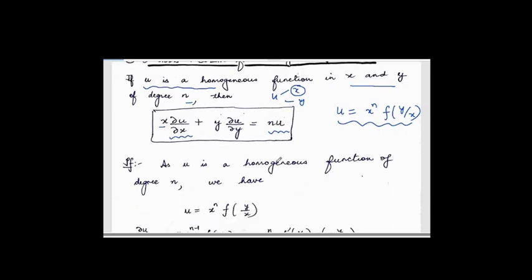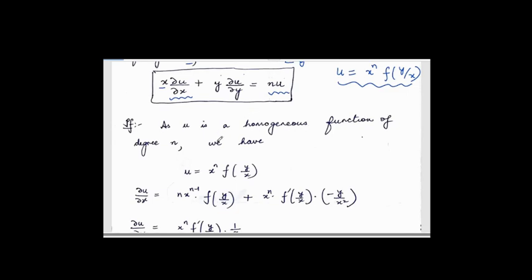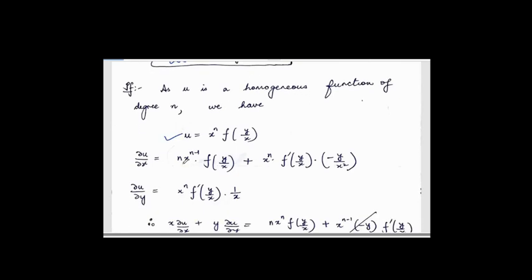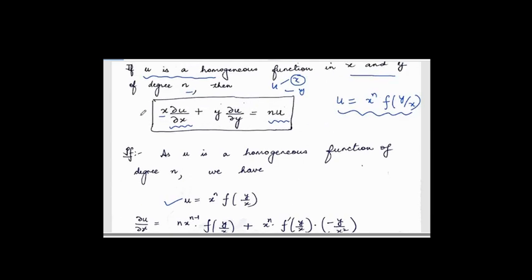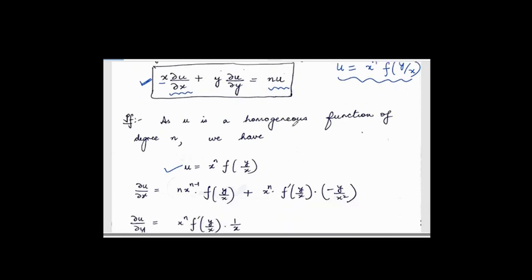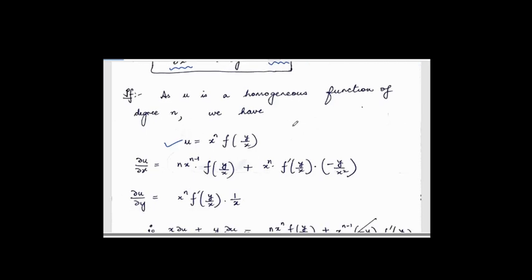And let's have a quick look at the proof. Since u is a homogeneous function of degree n, you can write u like this. So let's calculate the left hand side of the required expression, and let's see whether we get the right hand side. If we evaluate the left hand side for this u, which looks like x to the power n into f of y by x, and we amalgamate it with the first independent variable into the corresponding partial derivative plus the second independent variable into the corresponding partial derivative, this sum has to boil down to the degree times the function itself, which is very easy to see.